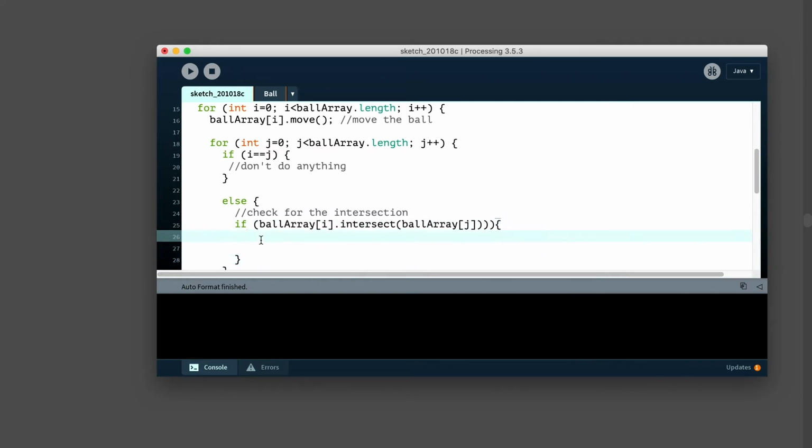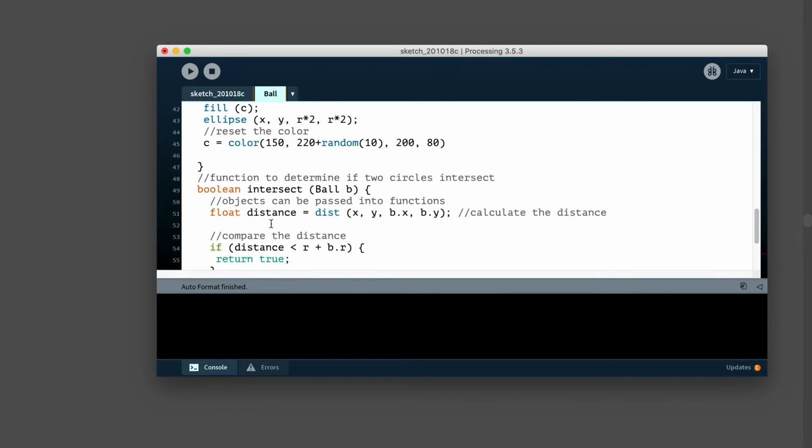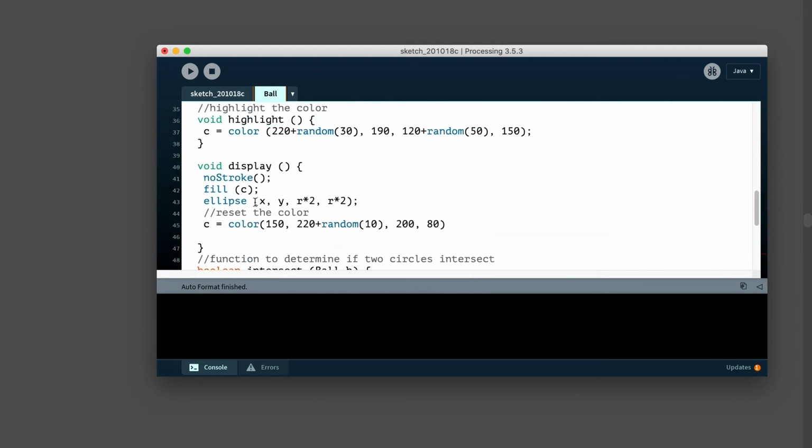And if that happens, then let's highlight the ball. And actually, we should do it to both of them, both i and j that were highlighted. So what that will do again is think of these as different functions here.